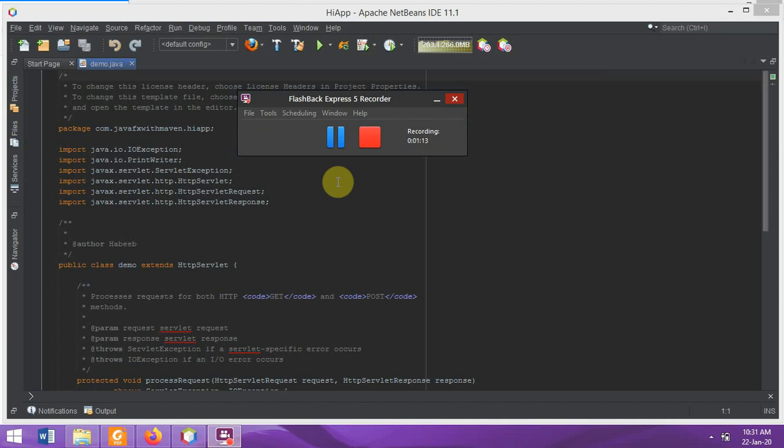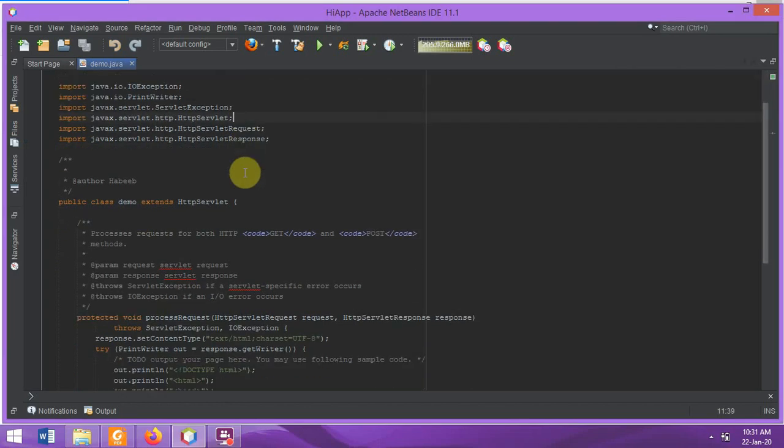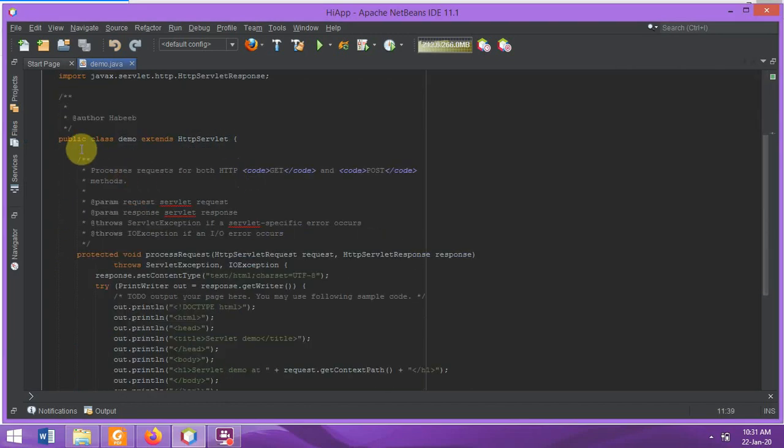Now our servlet is created, and you can see public class demo. You would notice that it extends HttpServlet, and this is what makes it a servlet class. It has to extend HttpServlet, and this HttpServlet is an abstract class. And if you look into it, you would see that